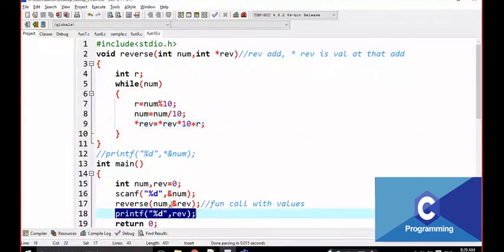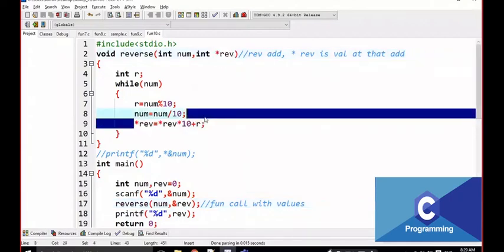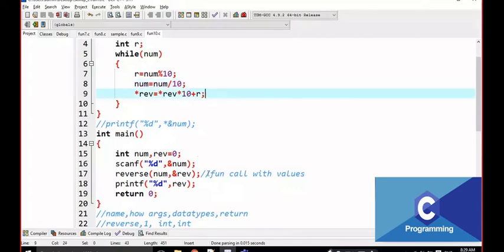Why? Because I am passing the address here and modifying on that address. That means I am going to that address and I am going to beat that person. Is that affected or not? Yes, definitely affected. And what I affected on that memory location is reflected in the main function.